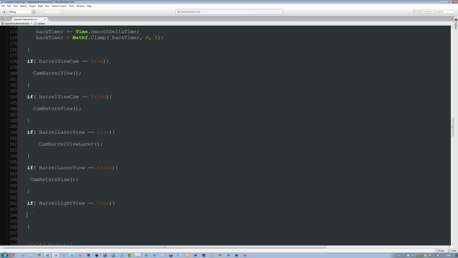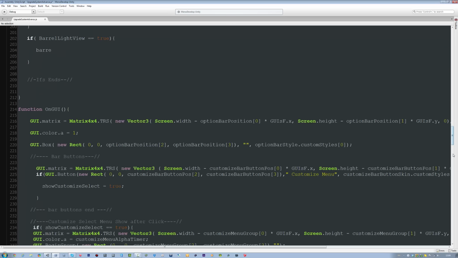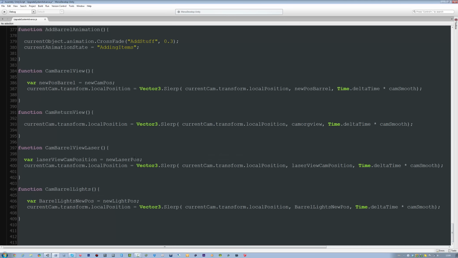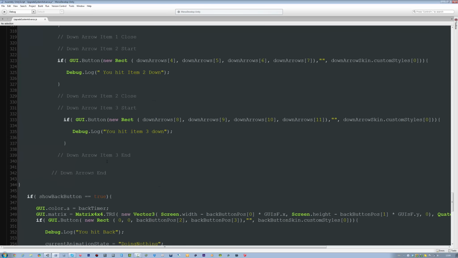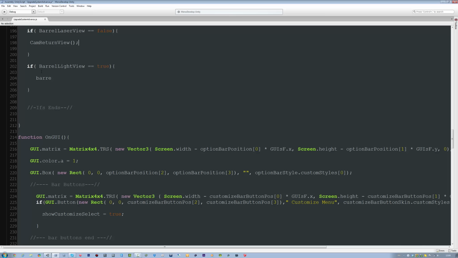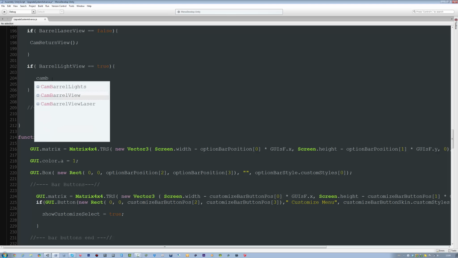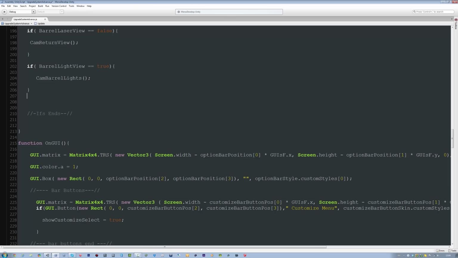We want to show the light function, which we called... hold on a second. Did I call that function the same thing? No, I didn't. It's called camBarrelLights, which is on top. I thought I called it the same name as the boolean, or I was going to get some errors. camBarrelLights();